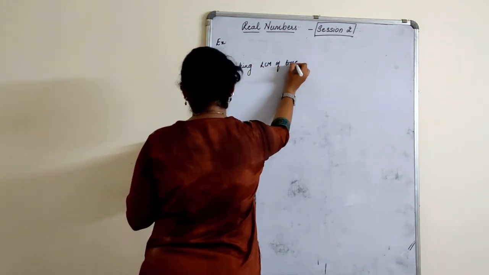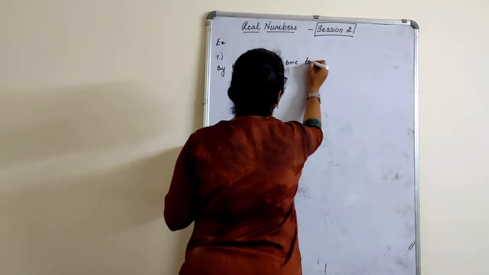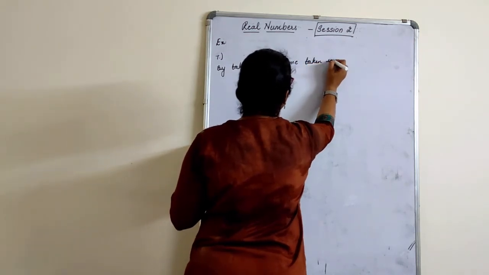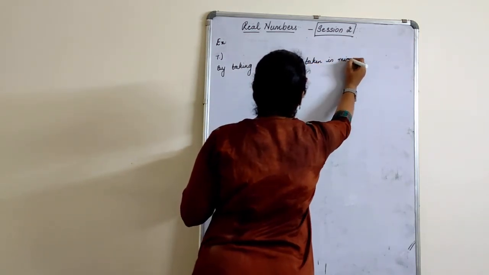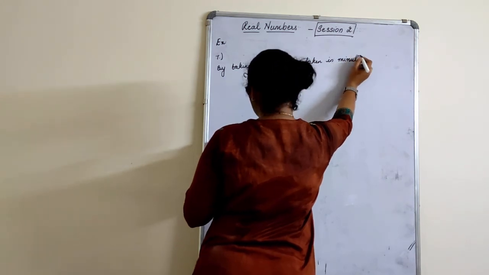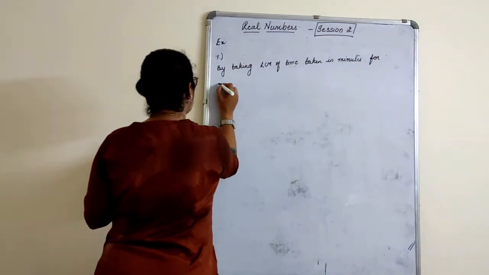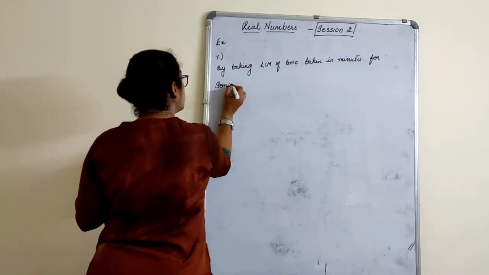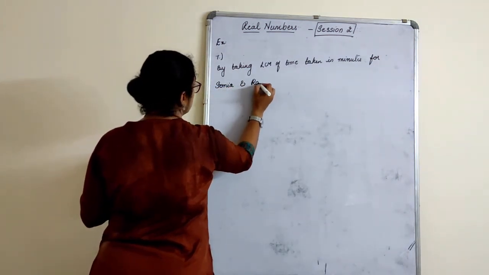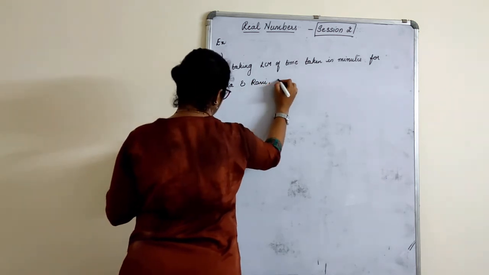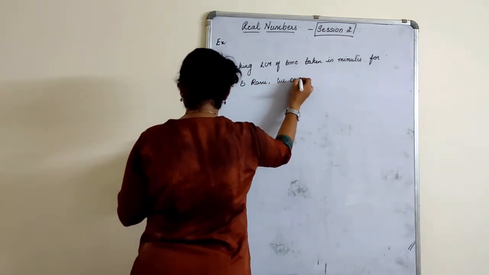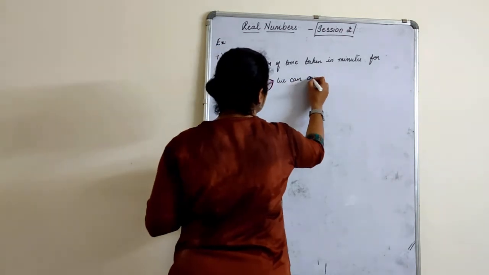By taking LCM of the time taken in minutes for Sonia and Ravi, we can get